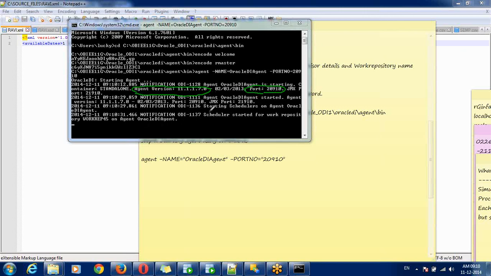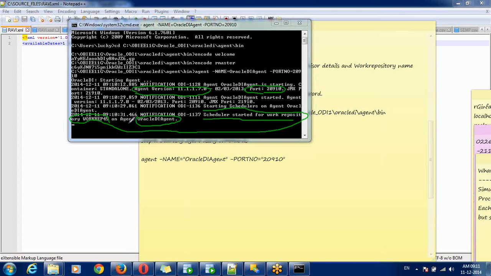Here you can see agent started. Scheduler started for work repository name, work repository 45, and this is your agent name. Once you get this message, the agent is started successfully.